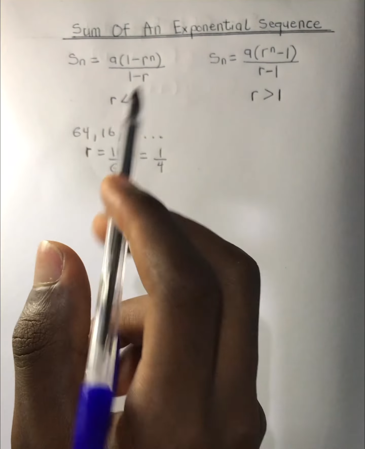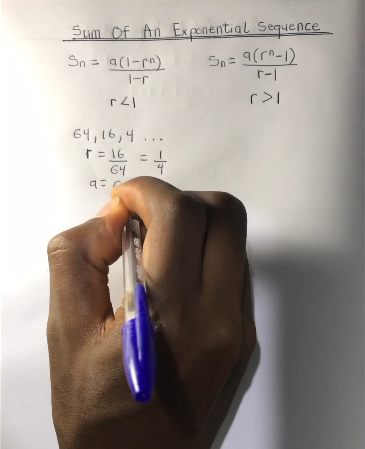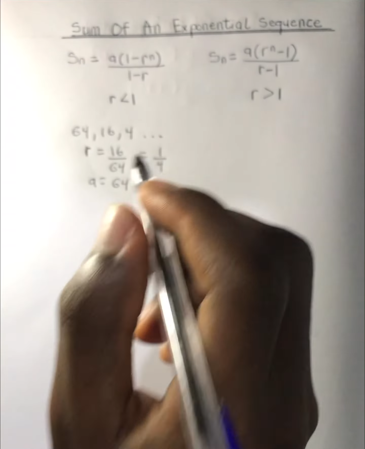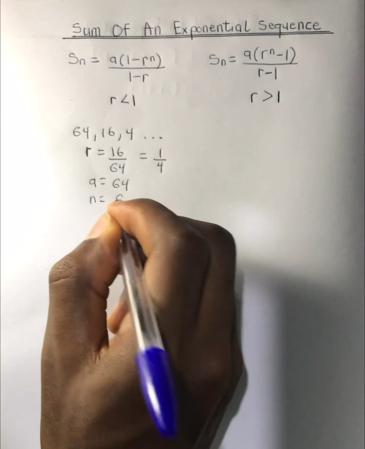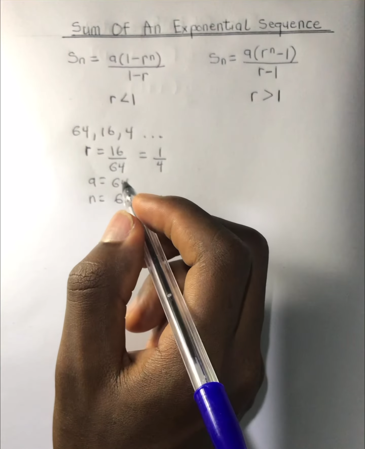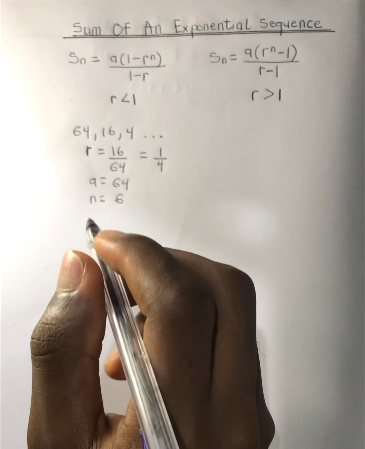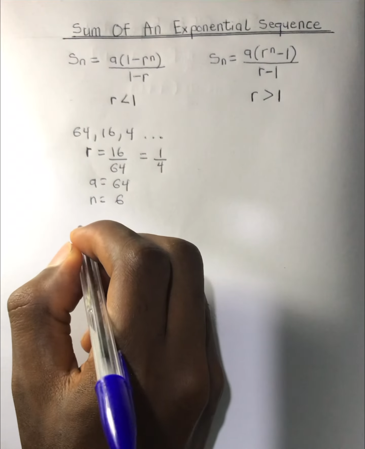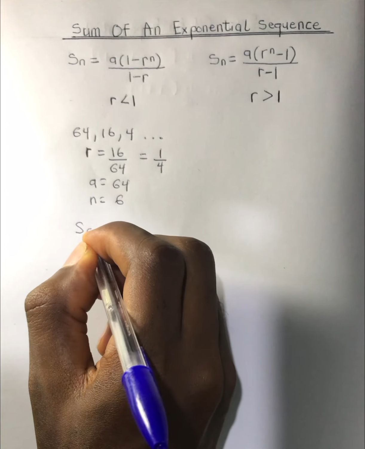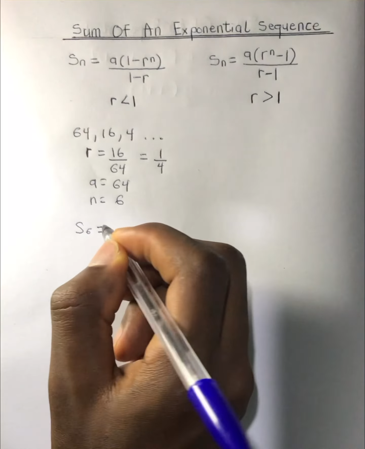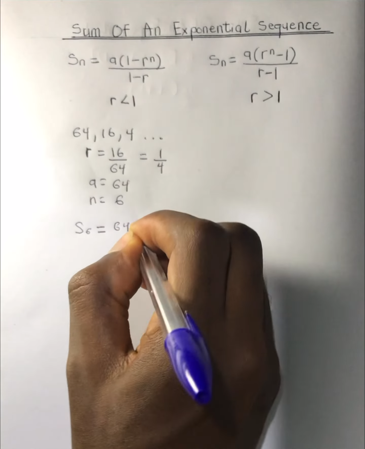The next thing we have to find is the value of a, which is very easy: a is 64. We've been asked to find the sum of the first 6 terms, so n is equal to 6. Now the next thing we do is quite simple. We insert our parameters. S subscript 6 equals a, which is now 64, multiplying